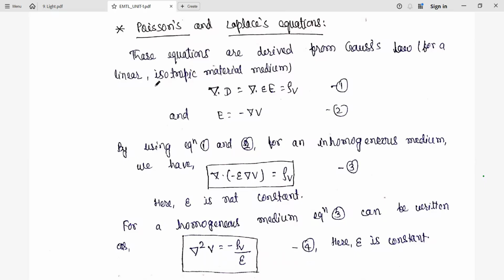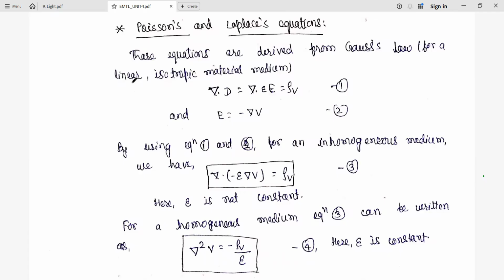Here we have Poisson's and Laplace equation. What's the difference between both equations? How can we obtain the Laplace equation from the Poisson equation? Many confusions are going to come here. So we are going to see how to overcome these confusions so that you can solve the problem